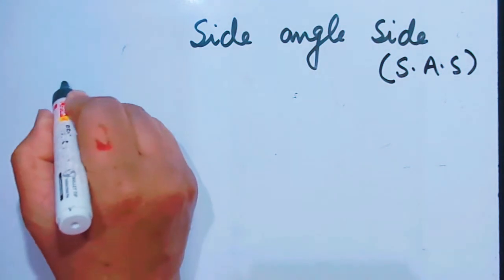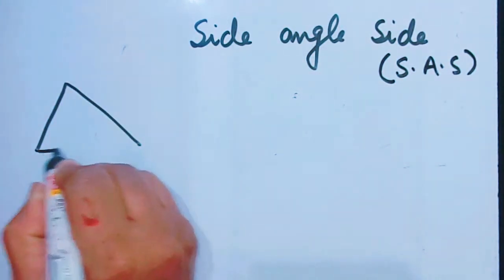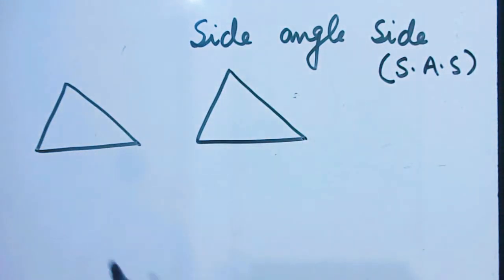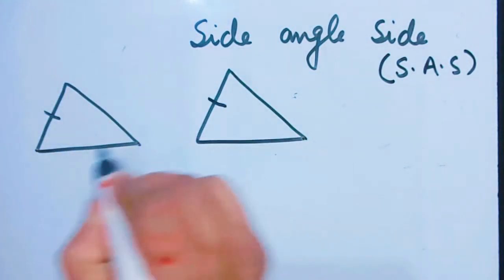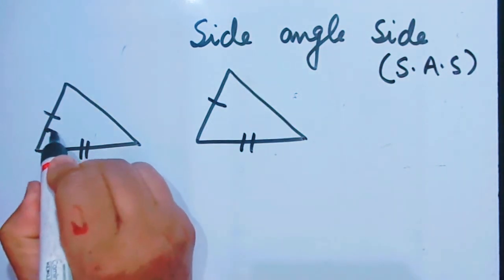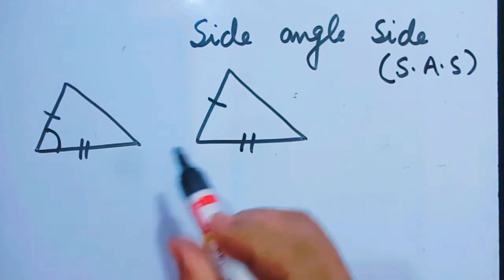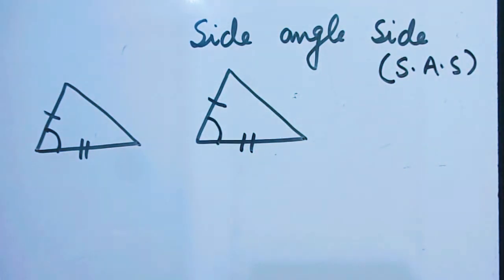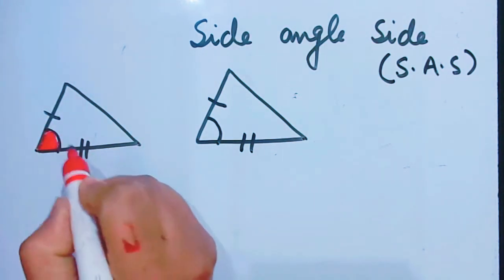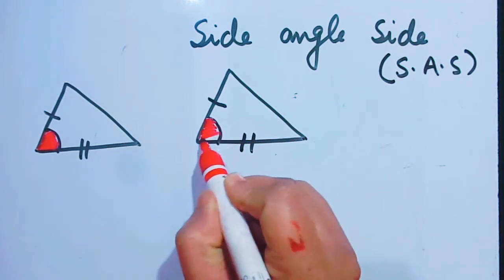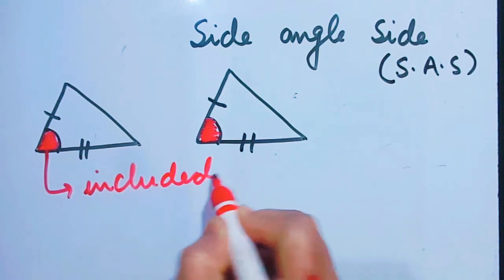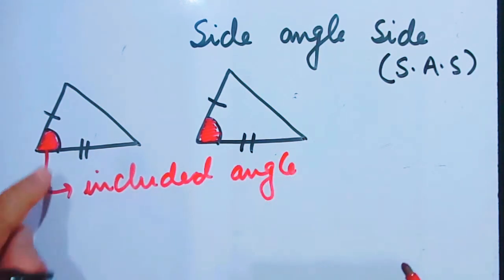It says that if two triangles are there, try to understand, try to concentrate, in which two of the sides are equal to one another, and one of the angles which is included, meaning the angle which falls between these two given sides, it is known as the included angle. If two sides are given,